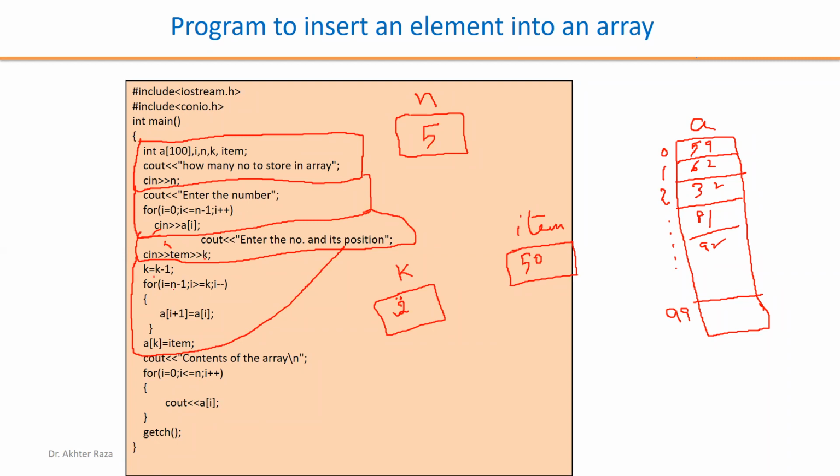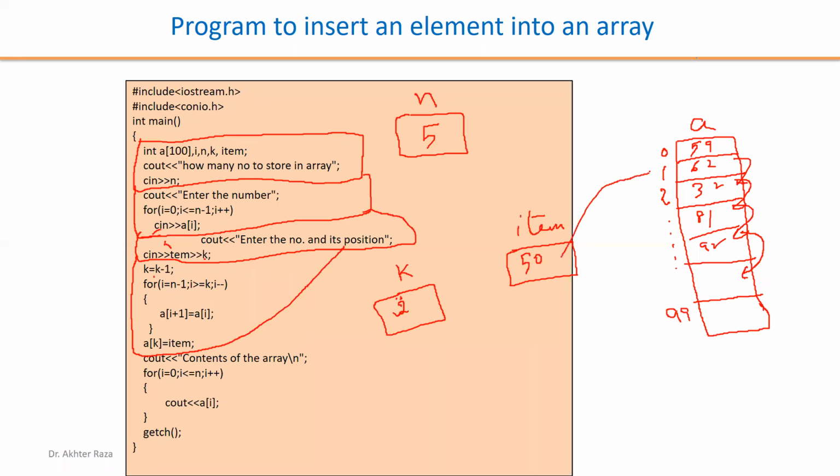Now we started with n minus 1. N minus 1 means the bottom. The loop is started in the reverse order. For the movement of the data, you have to start from the bottom, down to the position number k, because I have to insert the data at k. To start from k, you have to start from n minus 1. You have to move this here, move this here, move this here.